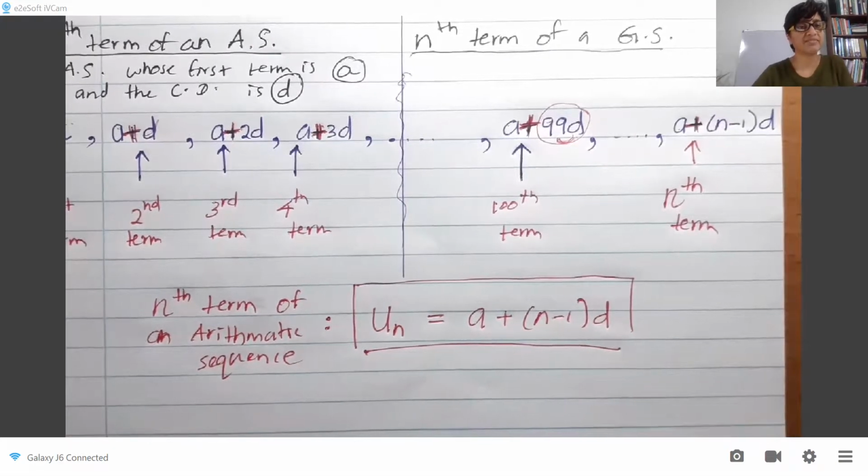Okay, something like 3, 5, 7 is given, find U100. 3 is not A, then you can't find it. If you don't know the first term, you can't find the 100th term. So if you say your sequence is 3, 5, 7, 3 is the first term. Do you mean to say that you have been given a certain section in the middle of a sequence, and you don't know where it has started? Then you can't find it. You have to know the first term and the common difference. Otherwise you can't. Just think about it. How can you find it? Now say,